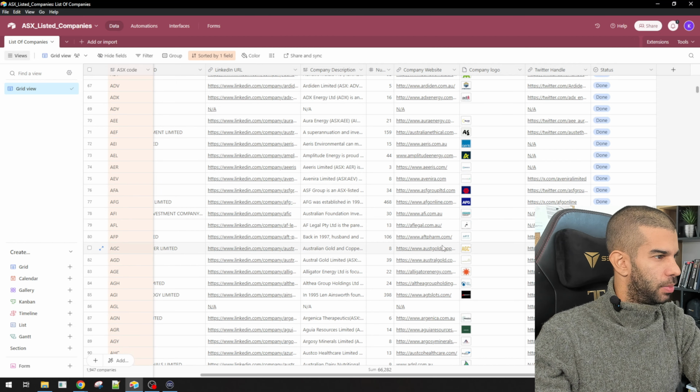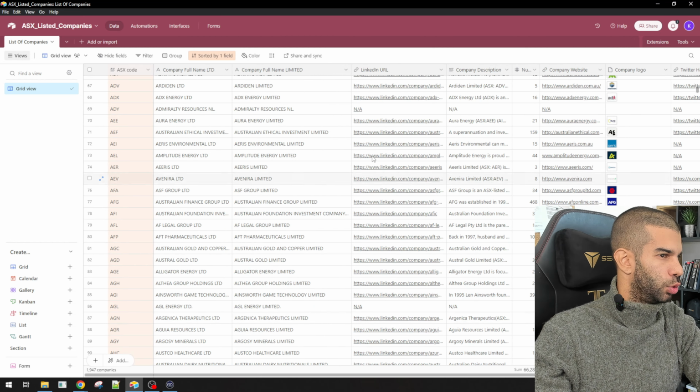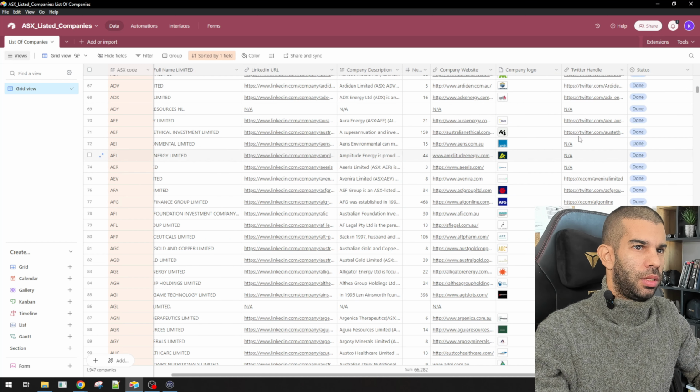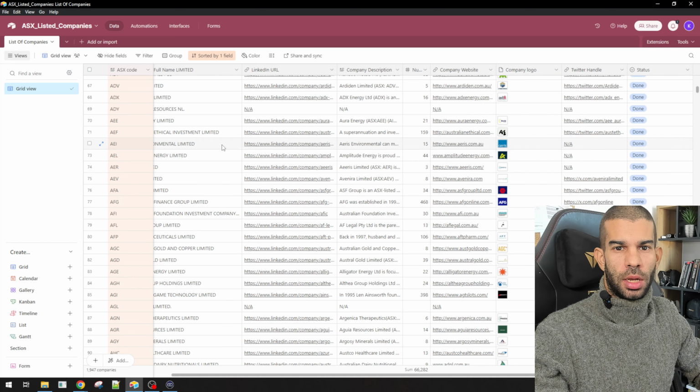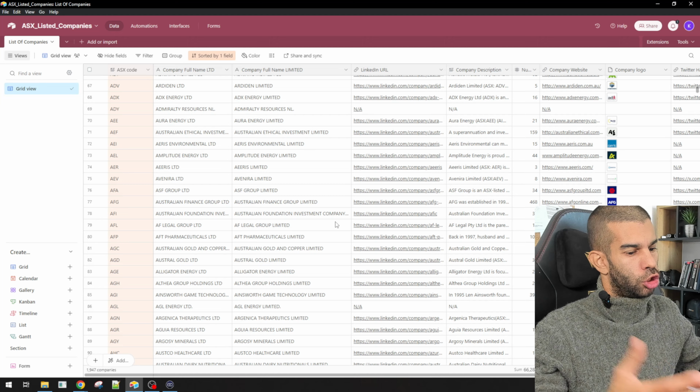So essentially this is how I built, or I used kind of a combination of scrapers from RapidAPI, which is this LinkedIn scraper I showed you. And I built this Twitter handle kind of scraper, which analyzes the top 10 Google search results in order to populate this database. So my question to you is, number 1, if you have any better way of doing this,